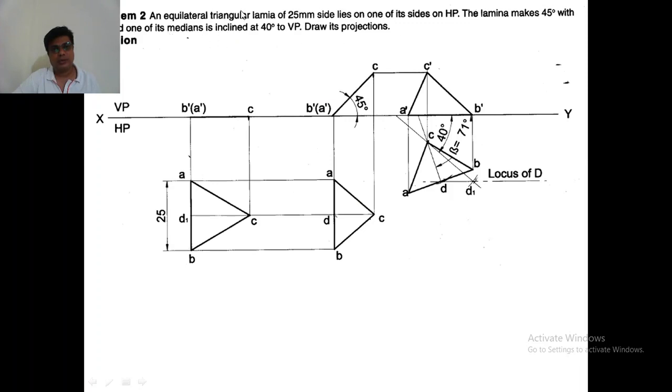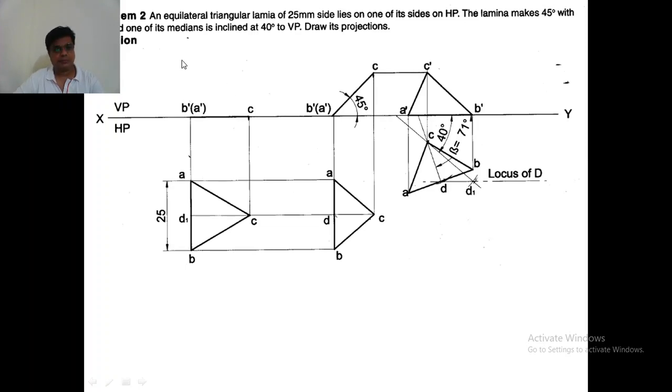When it comes to this condition, we have to understand this concept here. Anyway, we will start drawing this problem from the beginning, just like the previous problem. The first two stages are similar to the previous problem. We will do this first, and when it comes to this condition, we will see how to draw the front view and top view to satisfy this condition. So we'll start this problem, and as usual we'll try to solve it by drawing in your drawing sheet manually.